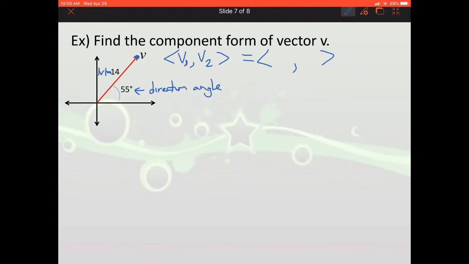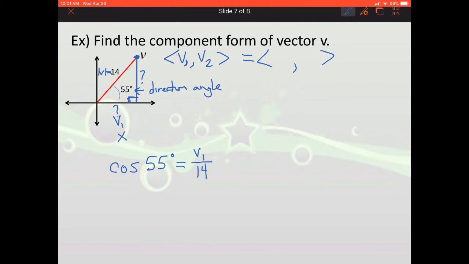Well, we can do that. We know a lot about trig. And if I'm looking for v1 and v2, that's this point here. So I'm looking for the value here and the value here. To find v1, which would be this bottom one, the x coordinate, I can use cosine, because that would be the angle adjacent to 55. So cosine of 55 degrees equals adjacent, so that would be v1 over the hypotenuse, which we know